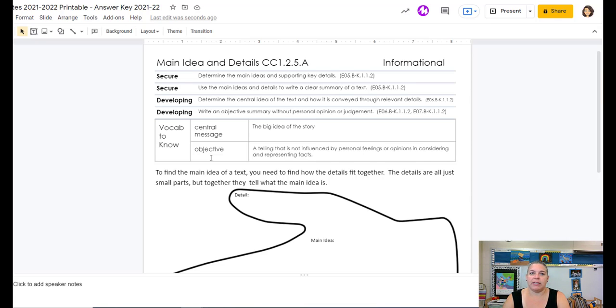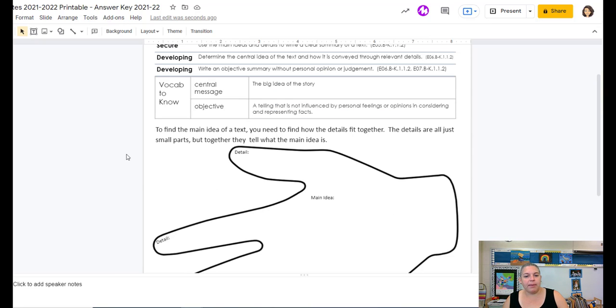So let's say we read something about earthworms and your personal opinion is that earthworms are gross. Your summary shouldn't be, "This is a gross article about gross earthworms that are slimy and no one likes them." That's based on feeling, not based on exactly what an earthworm is, what it does, and what would be in the article. So, to find the main idea of a text, you need to find how the details fit together,